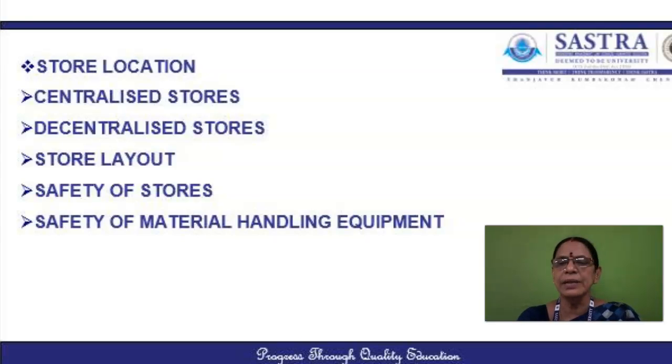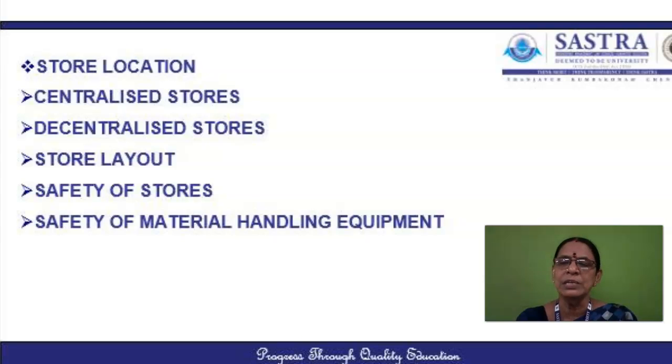Next is the random location. Under this approach, the materials are stored at any vacant place available in the store. So this is workable where the stores function is operated by 2 or more persons and the storing is required only for a few items. When only a few items are dealt in by the storekeeper, they can be easily memorized by the storekeeper, and this is said to be